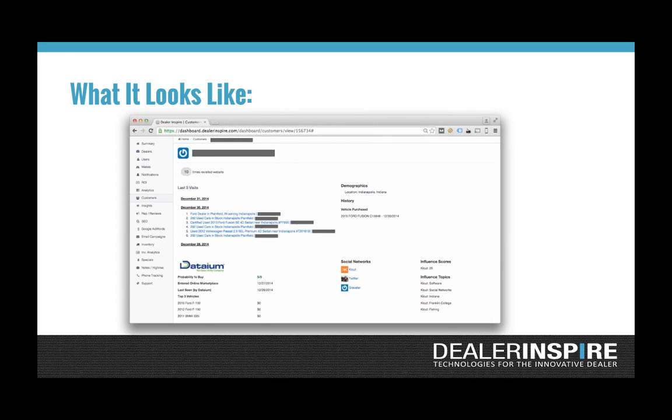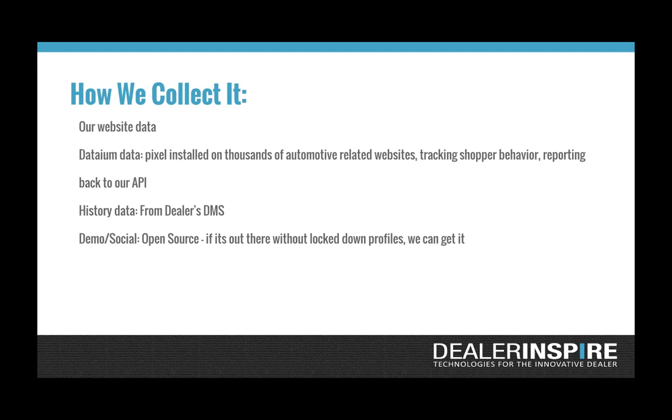But those social networks, I think this was the piece for me that was a little bit of a heart stopper. So just to be clear, all this data that's coming in, it's from an open source. So if it's available anywhere online, in terms of not having privacy lockdowns in place. So no, they don't have a Facebook profile in here because they probably have their Facebook profile in private or some sort of restricted setting. So obviously we're not going in and violating any settings. But if you have a profile that's public out there and it's available, all we're doing is aggregating that data.